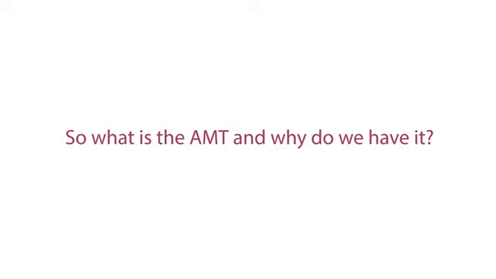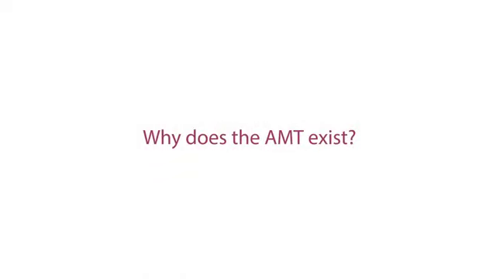So what's the AMT and why do we have it? In its earliest existence, the AMT tax code dates back to the 1960s. It had a really clear, necessary directive of trying to prevent excessive use of legal tax loopholes that effectively let people avoid paying a fair amount of tax. So why does the AMT exist? Initially, it was there to correct what were considered to be injustices with some taxpayers that made, well, we'll say a little more than ample use of legal loopholes. Just not considered to be fair when people are digging in the cookie jar and taking a bunch.